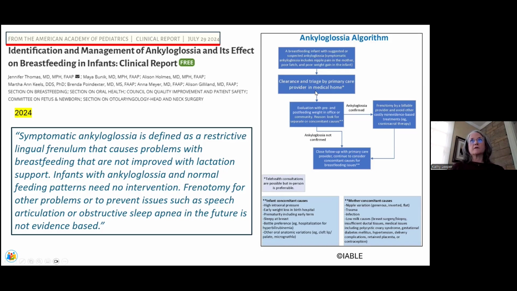So they say you really ought to start with the baby's primary care provider, and that's good as long as the provider has either themselves or someone they're working with who knows how to evaluate a feeding and make suggestions to improve breastfeeding. Then if the person who knows how to assess that says yes, there's problems with tongue movement affecting breastfeeding negatively, then they say go to a billable provider, which is another dig at dentists because often dentists take cash only and not insurance, and avoid costly non-evidence-based treatments like craniosacral therapy. So there's a whole